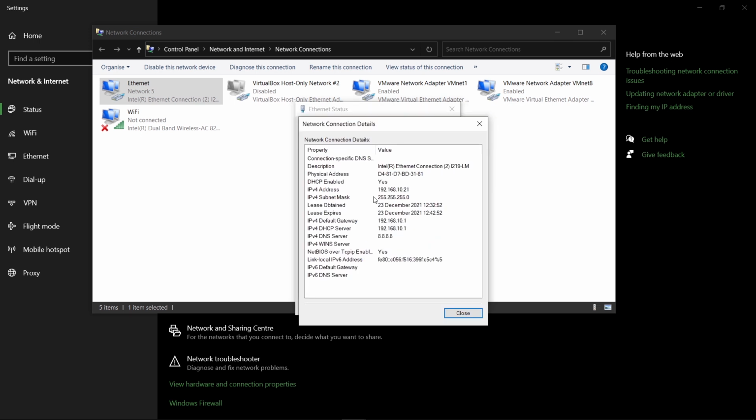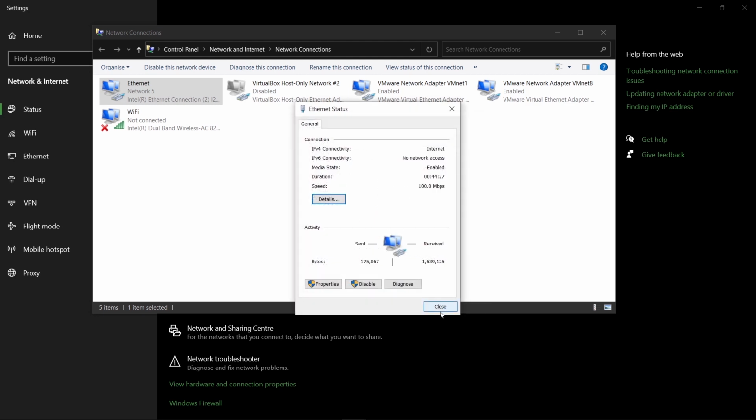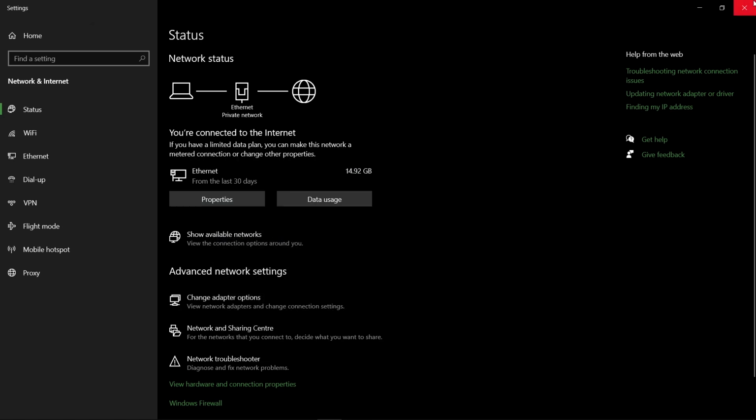If DHCP enable is yes, then the laptop has got an IP from the router server. This is the laptop connected to interface Ether1 and it gets IP 192.168.10.21. Then check if the laptop has an internet connection with the ping google.com command in CMD.